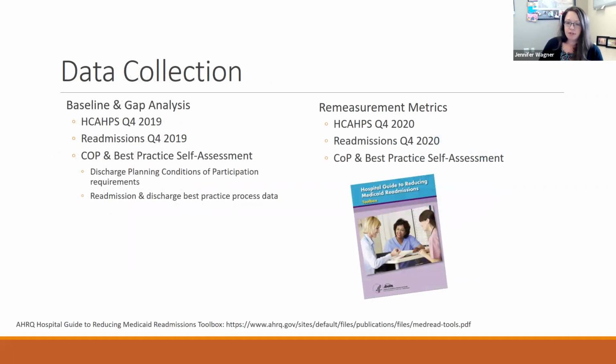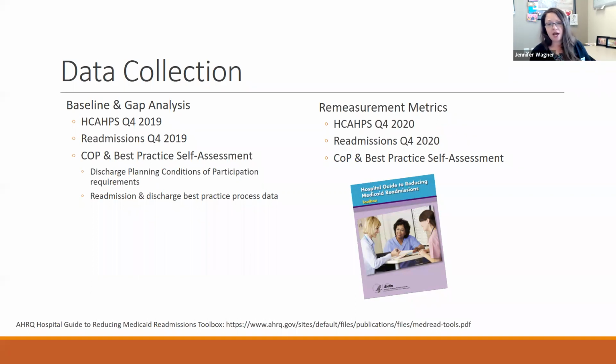So for our data collection for this process, my predecessor had taken the AHRQ guide to reducing Medicaid readmissions and put those questions and metrics into an Excel data sheet that was used for baseline collection. Since I kind of took this on just as it was rolling out, we went ahead and used that. But in the process of getting that baseline data back, we discovered that some of the pieces in this ARC guide are not a priority or really applicable to critical access hospitals. So we made some changes and identified the 3 metrics here for our baseline and remeasurement metrics.